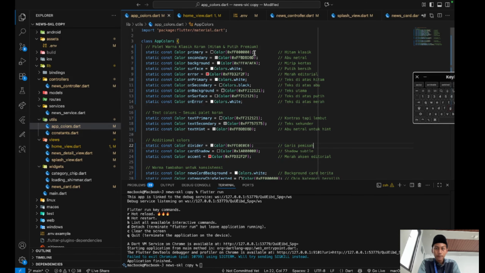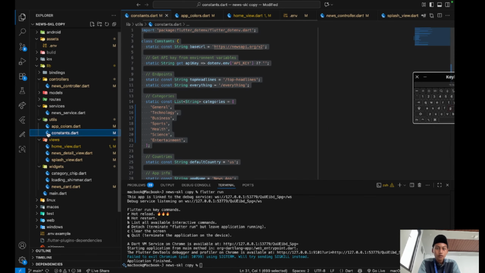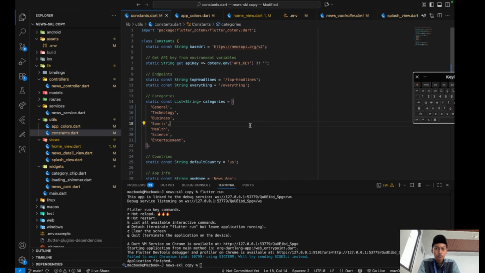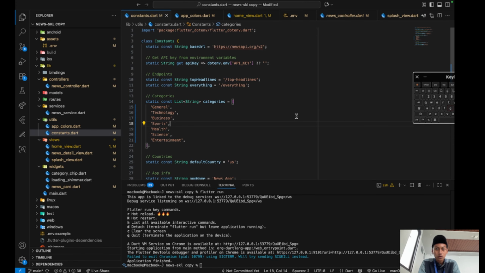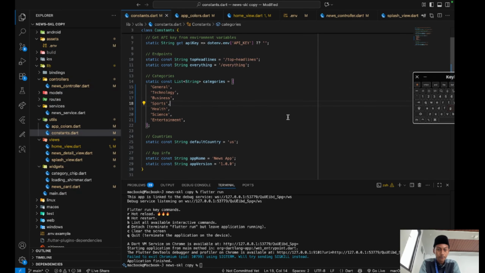There is black color, gray, red and white, and then constants dot dart. What is that? That can get the API from news, and then you can use categories for your API. For my categories, the first is general, technology, business, sports, earth, science, and entertainment.